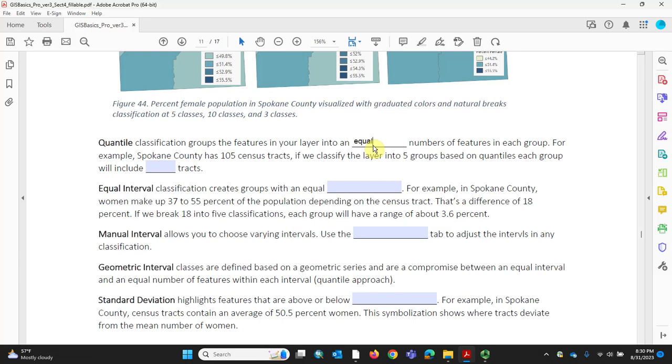Number of features in each group. For example, Spokane County has 105 census tracts. If we classify the layers into 5 groups based on quantiles, each group will include an equal number of tracts. So 105 divided by 5,